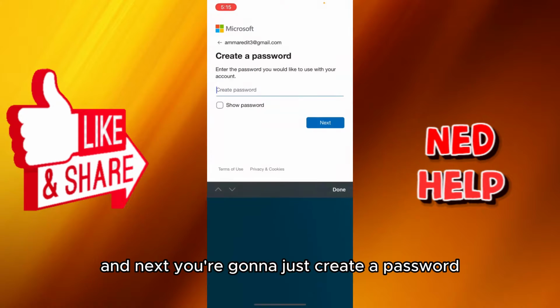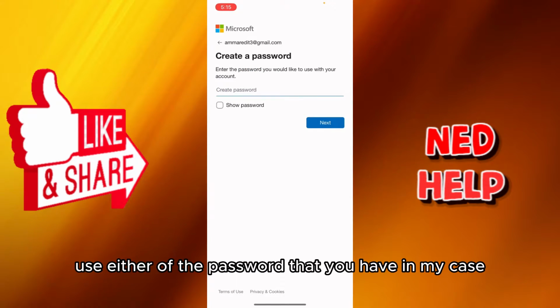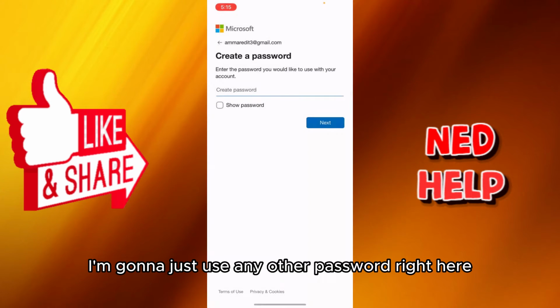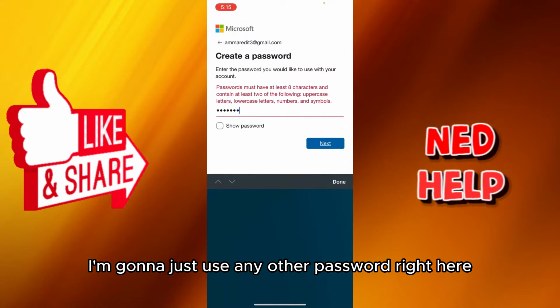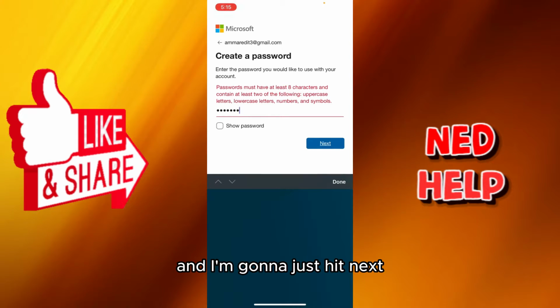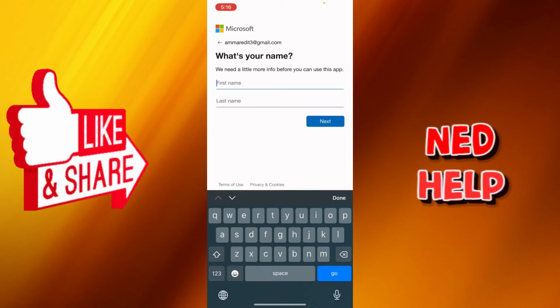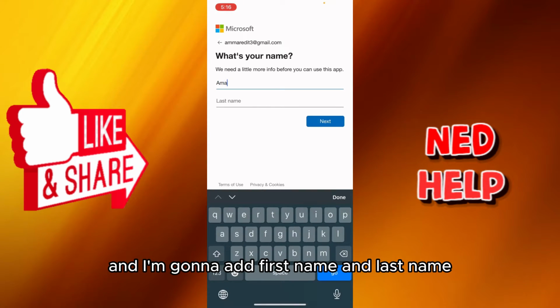And next you're gonna just create a password. You're gonna just use either of the passwords that you have, and in my case I'm gonna just use any other password right here, and I'm gonna just hit next, and it says right here I have to add a lowercase and a symbol, so this works, and I'm gonna add first name and last name